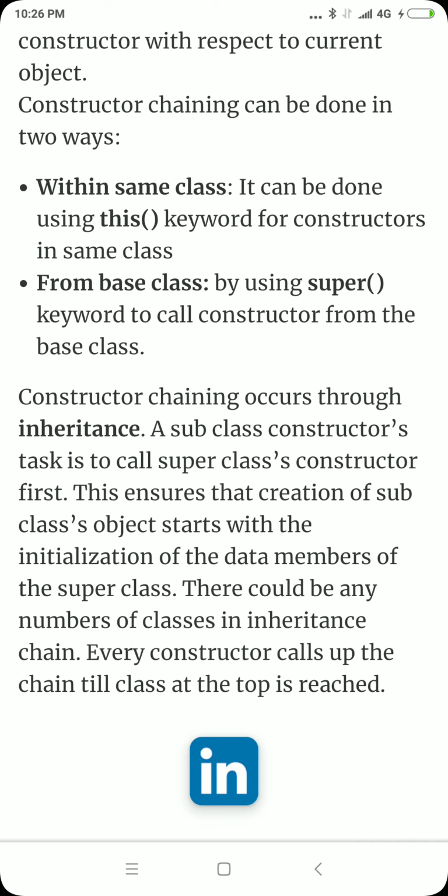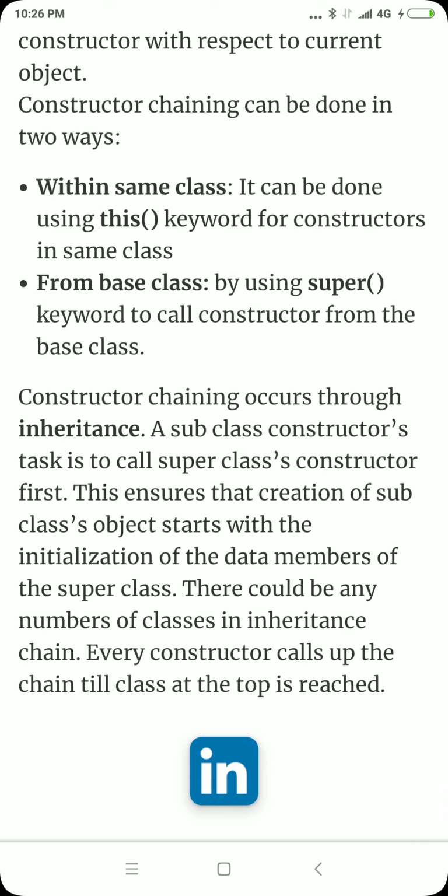Next, constructor chaining occurs through inheritance. This means that when one constructor inherits the property of another constructor, there are two types of constructor here: base constructor and derived constructor. The base constructor is known as the father constructor and the derived constructor is known as the child or son constructor. So here the inheritance property is used. Inheritance I have already explained in the first chapter.